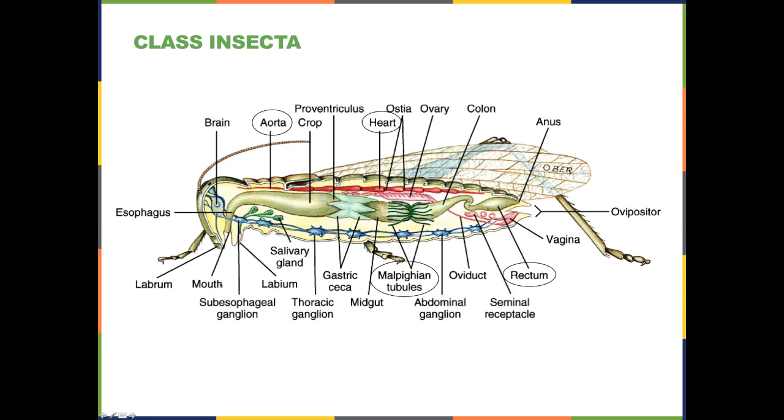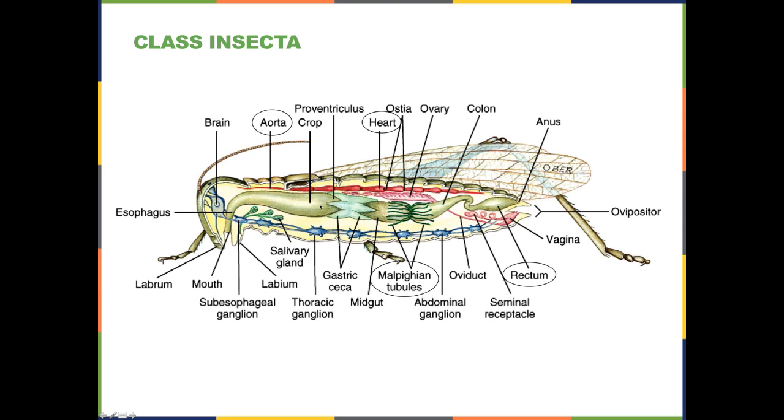You have the labrum. The labrum and the mandibles are like the mandibles in the crustaceans. And they can move both horizontally and vertically. They take food into the mouth. This passes through the esophagus and into something called the